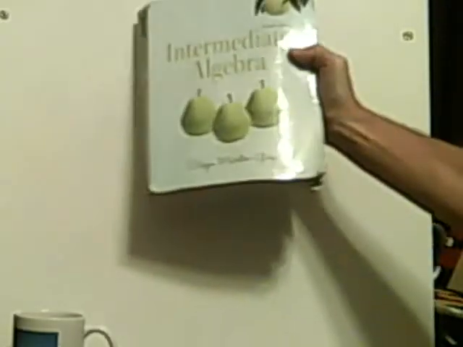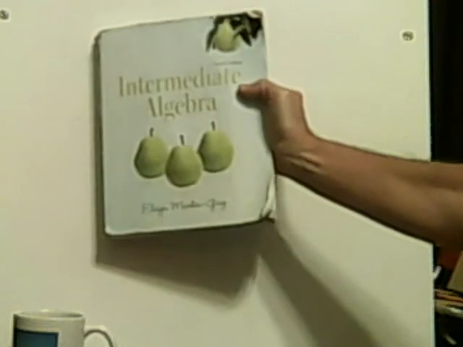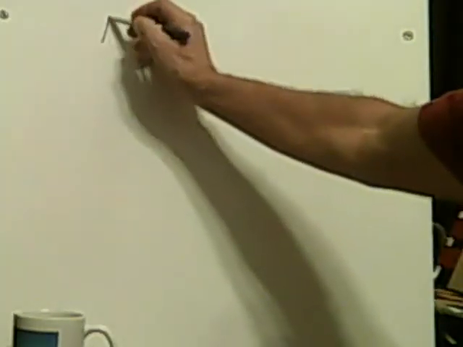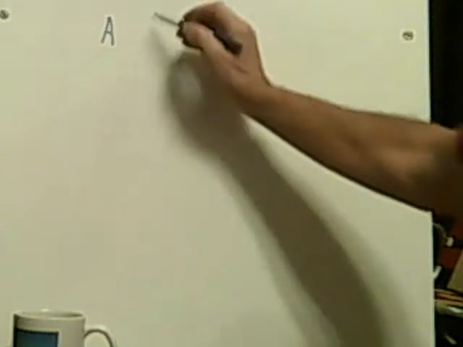Okay, welcome back. We're going to be working on Intermediate Algebra, 4th edition, Martin Gay, and we're going to be doing section 2.5. We're going to do the even numbers up to number 50. Okay, now, this is going to be set theory, talking about sets. And first we're going to say set A is going to be